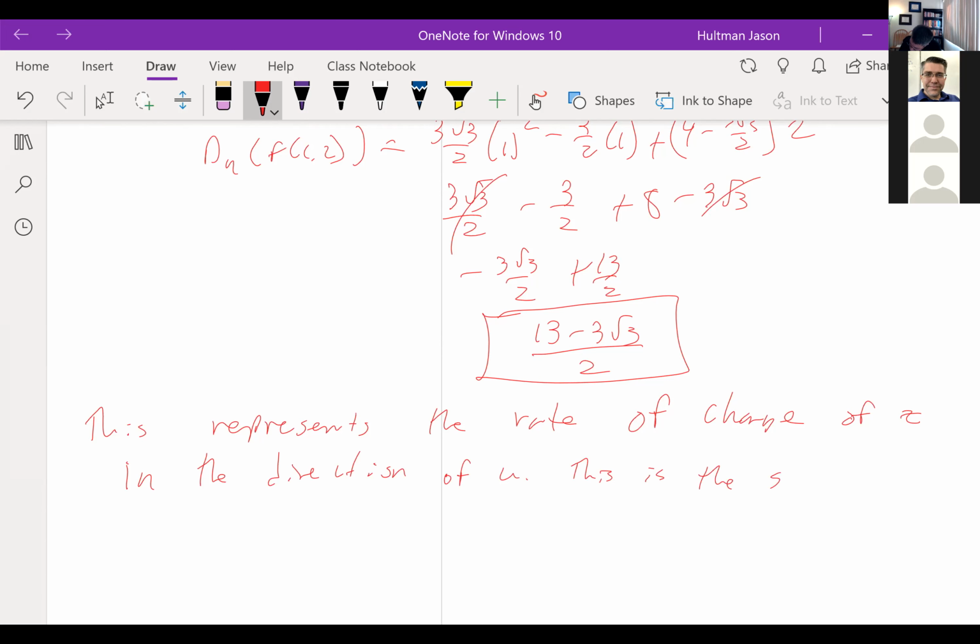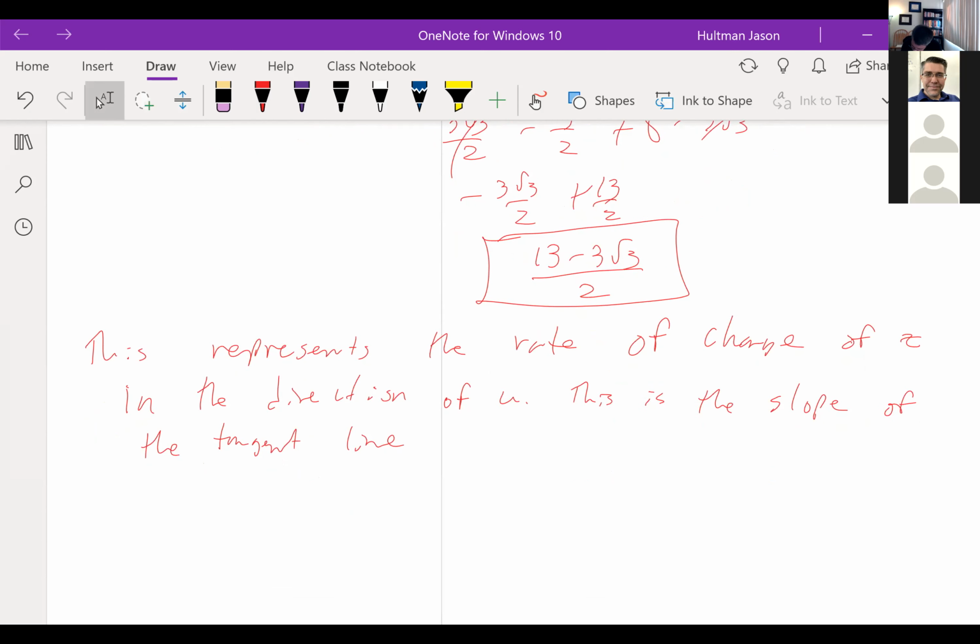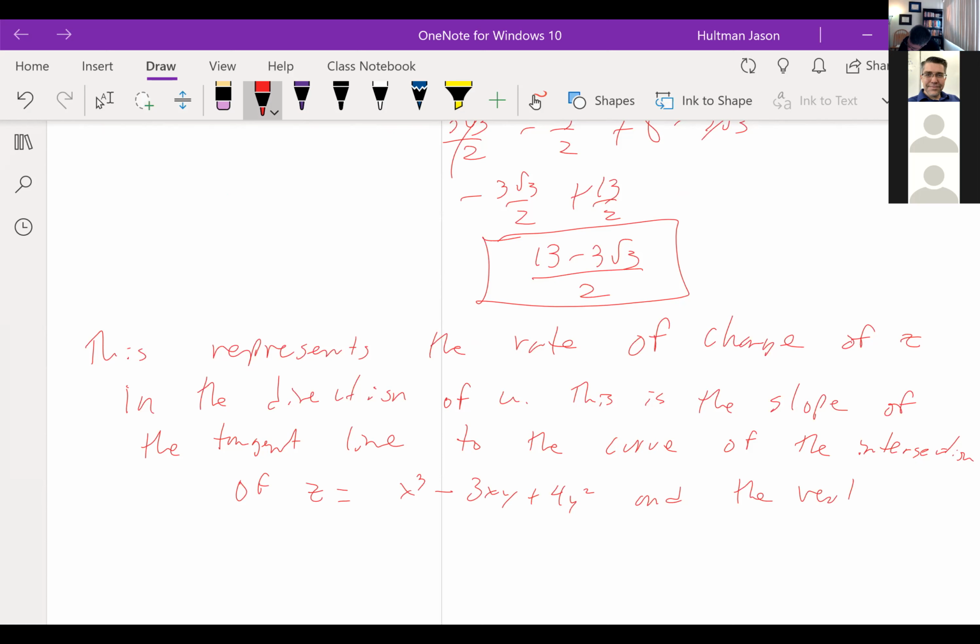This is the slope of the tangent line to the curve of the intersection of z equals x cubed minus 3xy plus 4y squared and the vertical plane,